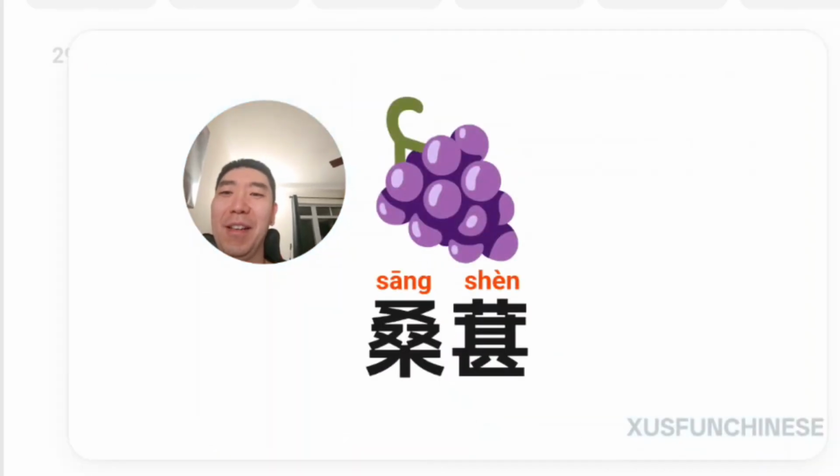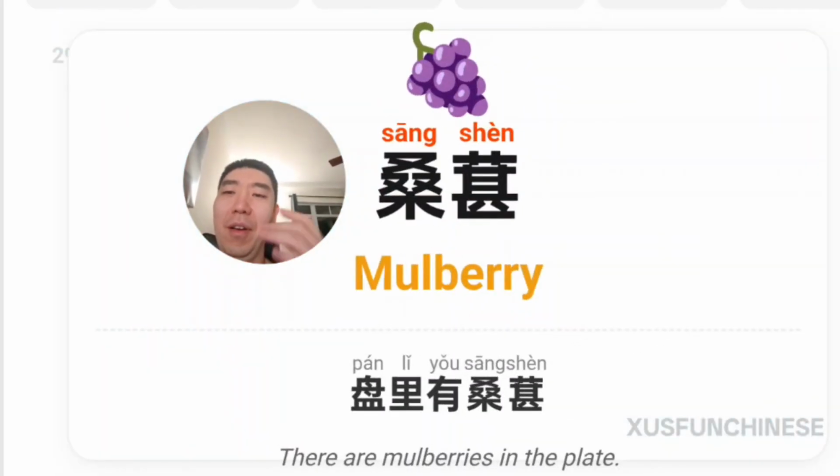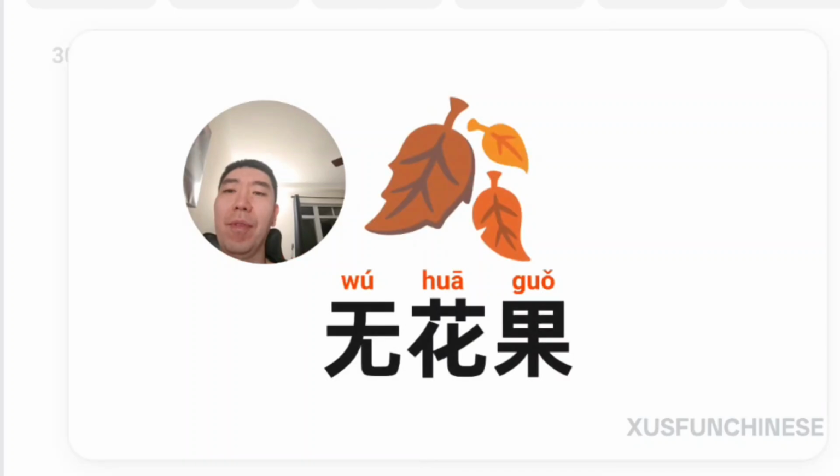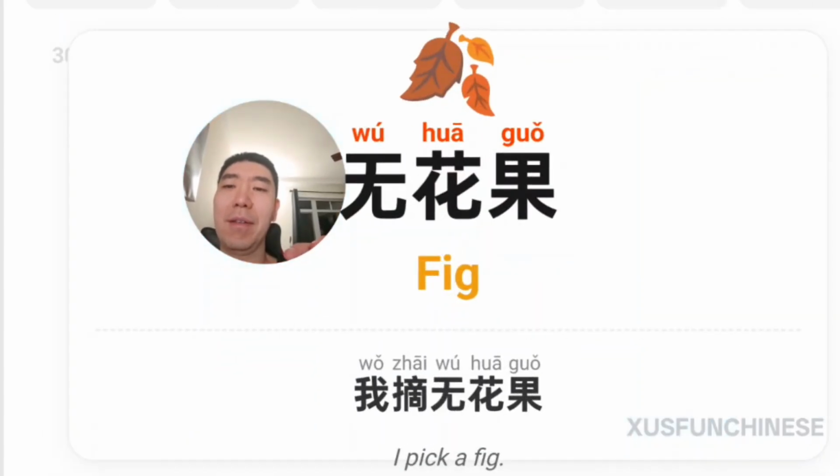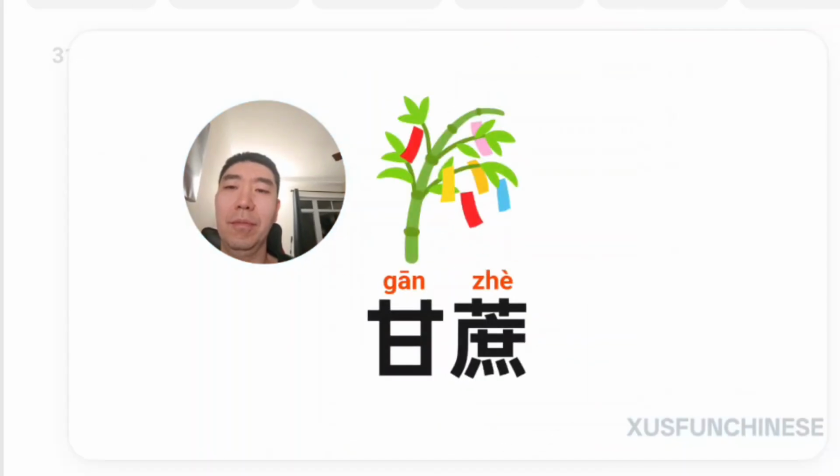桑葚，盘里有桑葚。Mulberry, sangshen, is not very popular here, but in China, I think, I don't know, I never really had it when I was little, but I know you can find it in the market a lot. 无花果，very funny name. The fruit without flowers. Guess what that is? 我摘无花果。无花果。